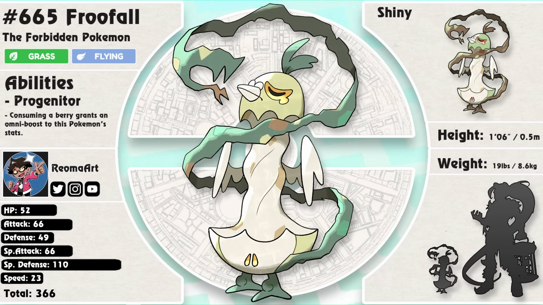Whoa. Oh my god, what? Obviously, I didn't want to say Lucifer in the title of the Pokemon, but this is number 666. Yes, number 666. This is Lucifer as a Pokemon basically.